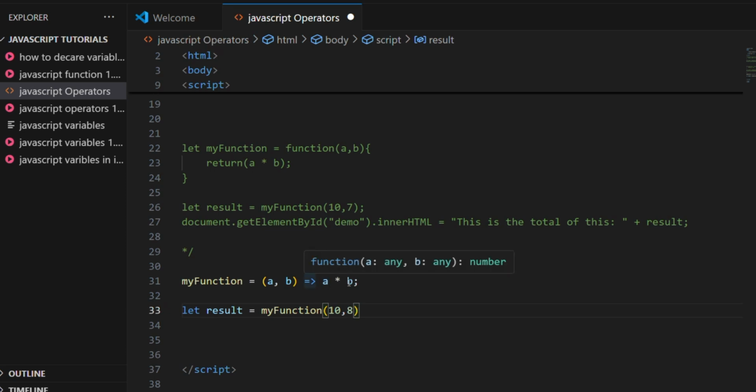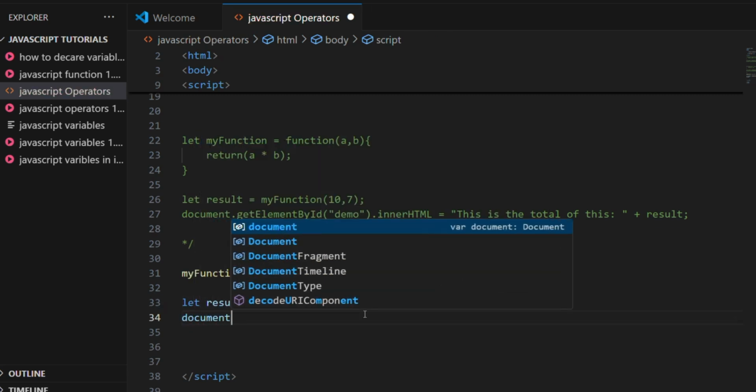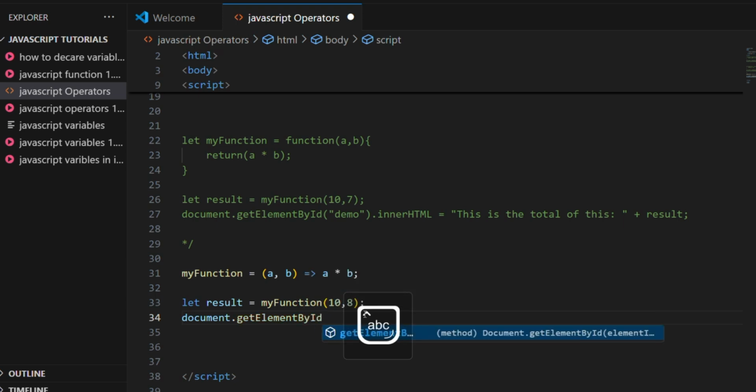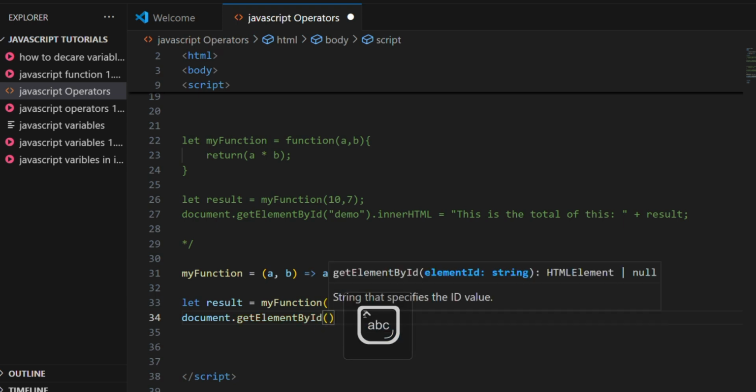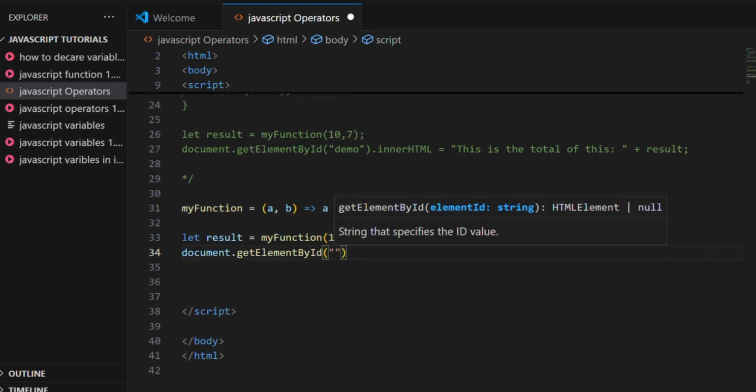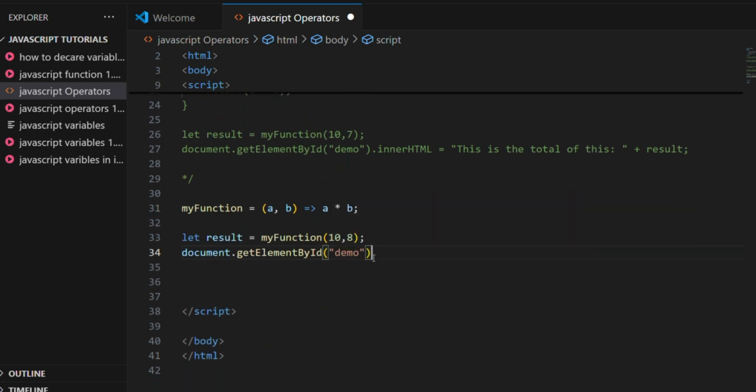So with this, if I come at the back here and then close this, then come down here and say document dot getElementById, followed up with parentheses, and inside this parenthesis I'm going to come up with double quotes. Then in between these double quotes I'm going to pass the id name of this paragraph here. So the id name is demo, so I'm going to pass demo inside there, and now come at the back of this parenthesis and come up with dot innerHTML,